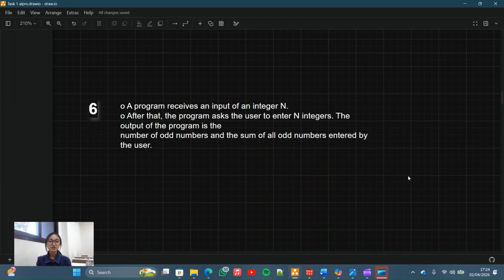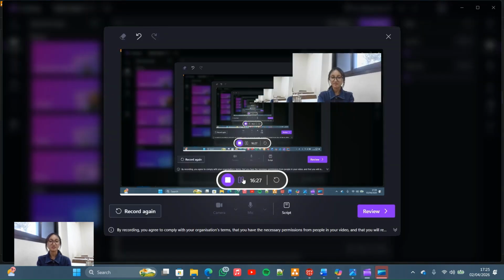After that, the user has to input more numbers, as many as n integers. Then the output we give is how many odd numbers the user input, and the sum of all those odd numbers.